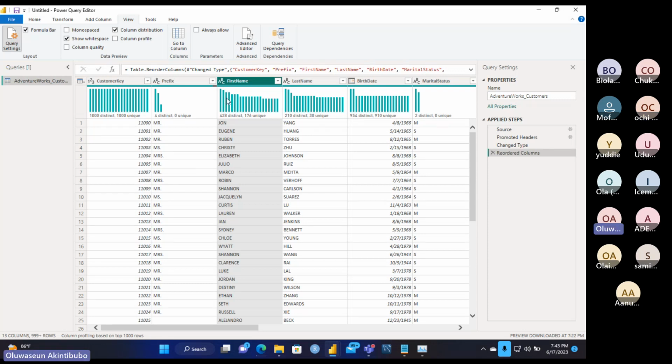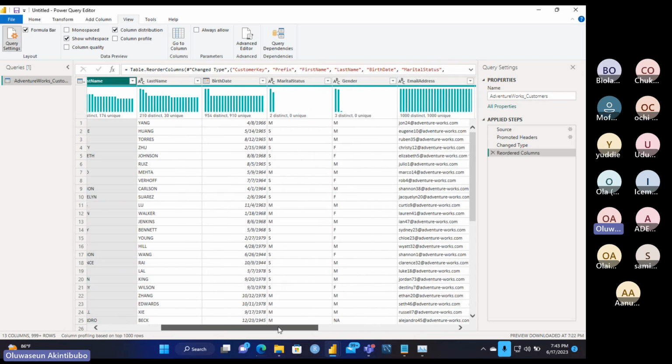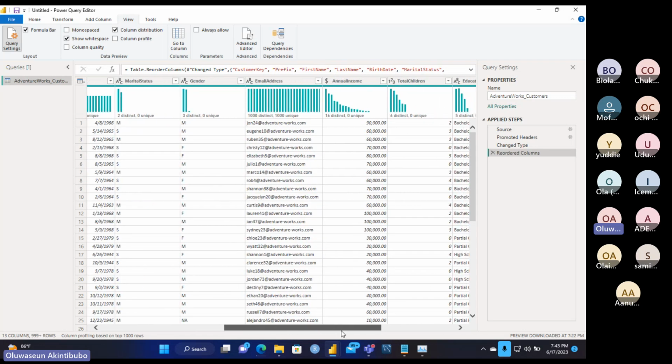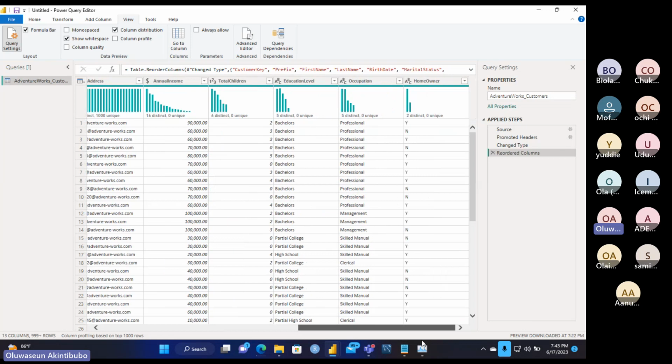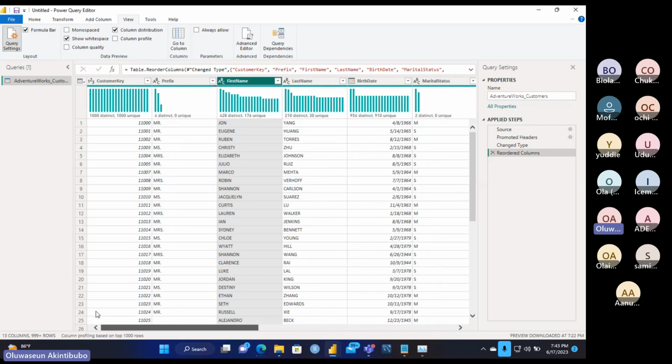So you can see the distribution of the data, right? Now, most of the data here are descriptive in nature. Hence, we might not really be particular about their distribution. But what you can pay attention to when you're checking the distribution is this value. It tells you that we have 1,000 rows there, and all the rows are distinct and unique. Remember that it is a primary key column, and when you have a primary key column, the data inside of it must be distinct, right? And must be unique.